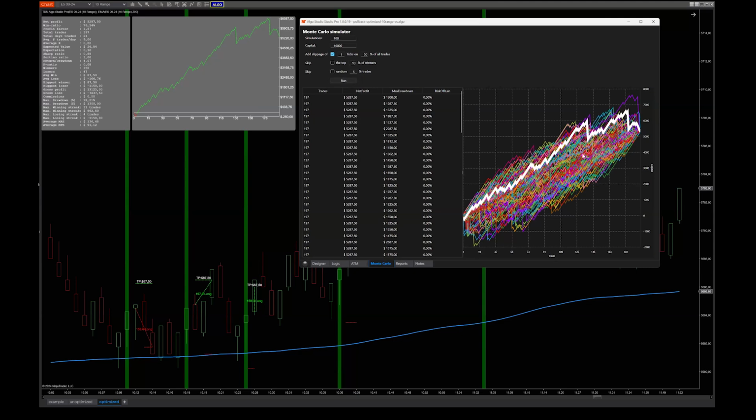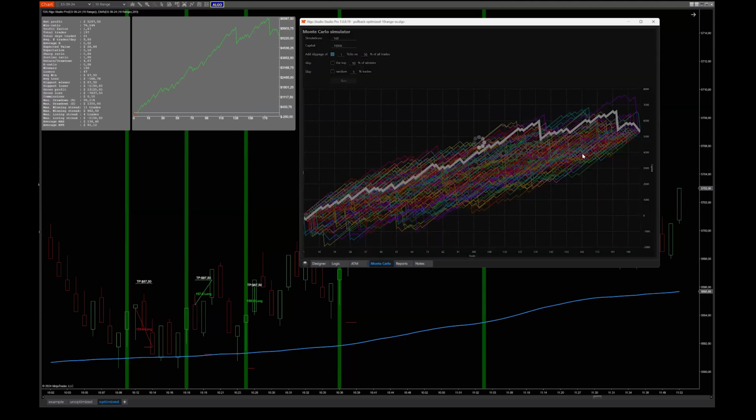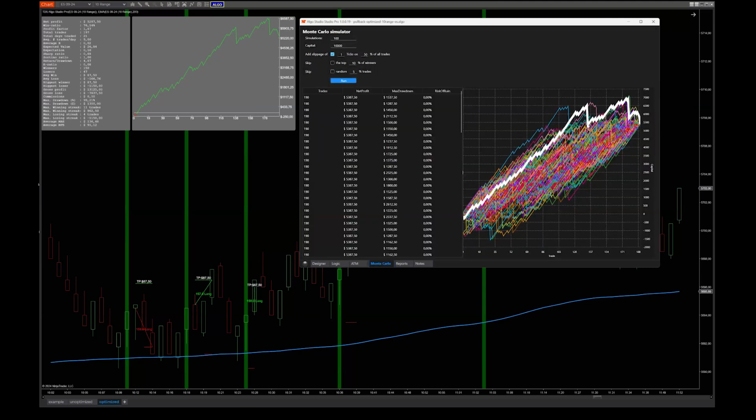How would my equity curve then look? You can see the white one here is the original equity curve, and all the other colors here are simulations of other equity curves which could occur if you add random slippage to your algo.